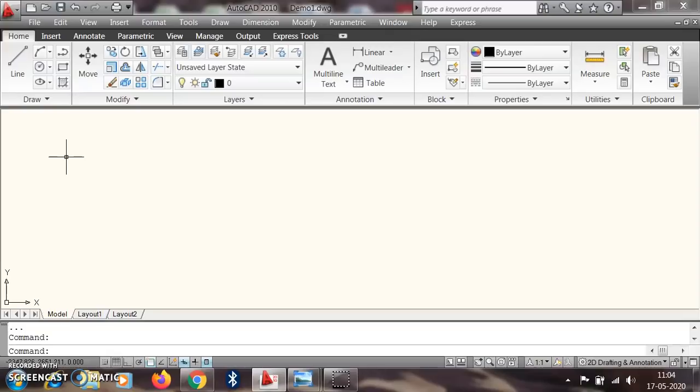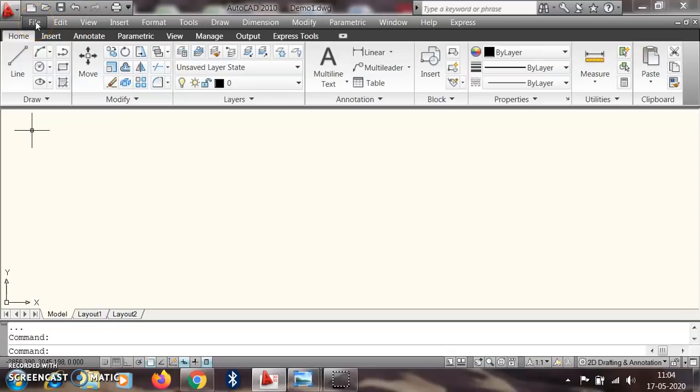Like that, this software is also organized. Which thing is inserted in which compartment is shown here, so we should know the menu bar very properly.